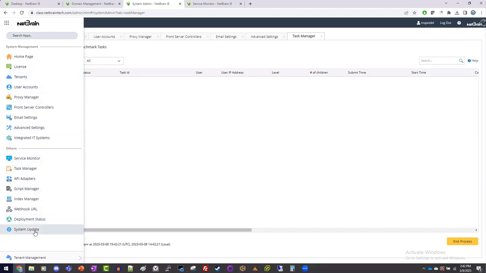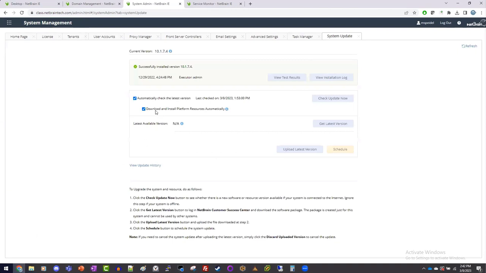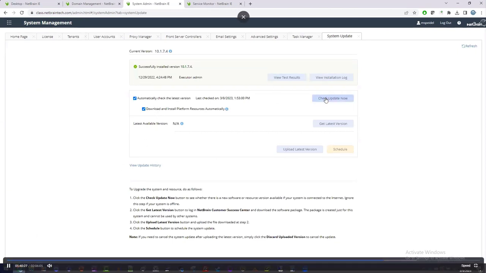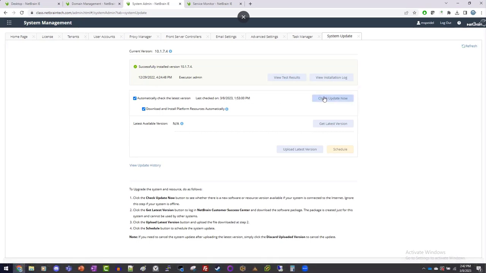And then system update, to check for updates, to make sure that the last time you checked, everything's going okay. All right. And then for updating the platform, you can see what's the latest available version. And here you can initiate an update right from here. But just like with update